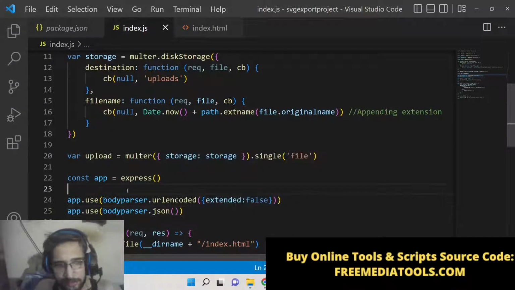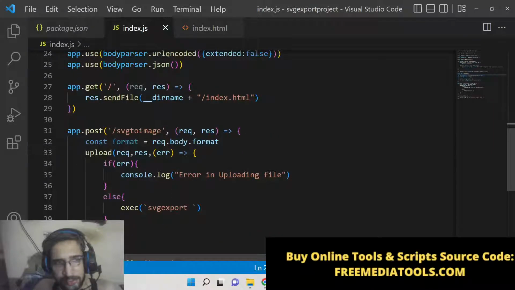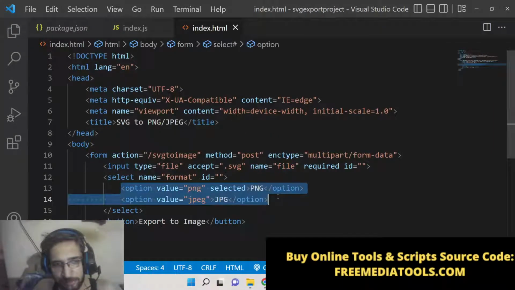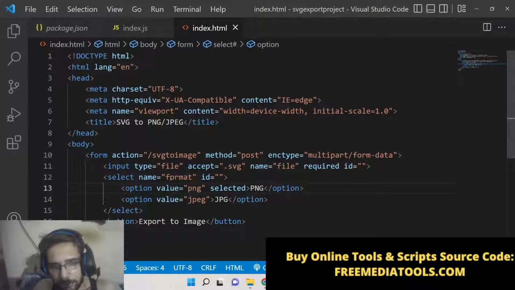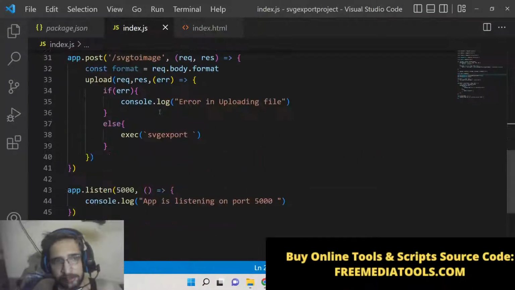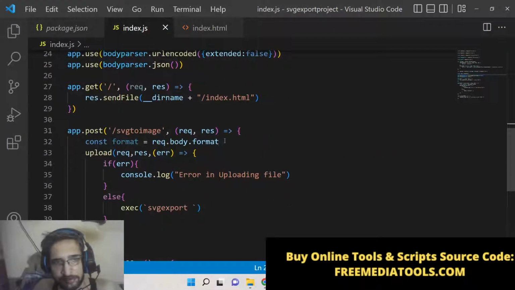So just write these two lines. So now we can get whatever format the user selects here. So we have given this name attribute, which is format. So we will get this format,